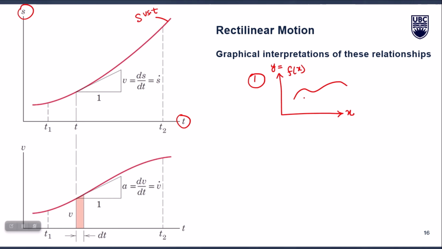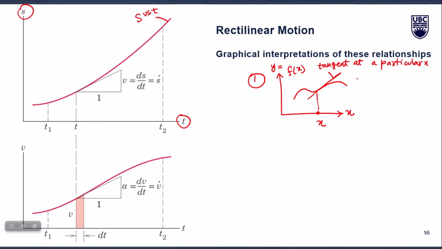We know that at any particular value of x, we can take the tangent of that curve, and the slope of that tangent will be the first derivative of that function with respect to the independent variable, right? So if this is the tangent at a particular x, right,